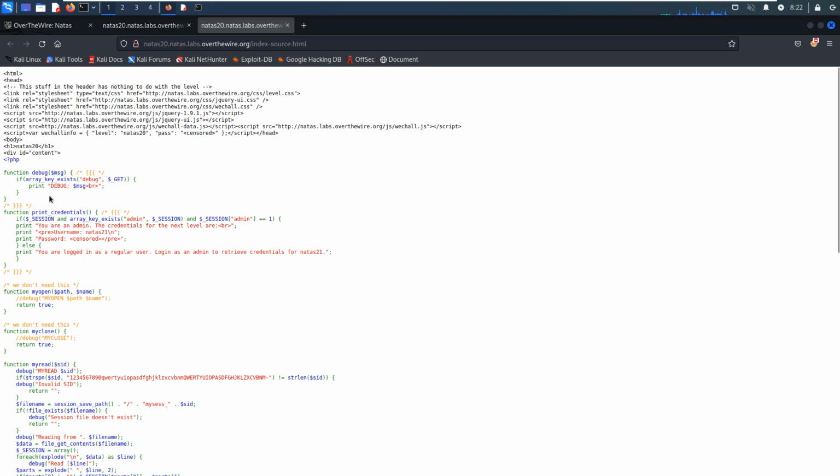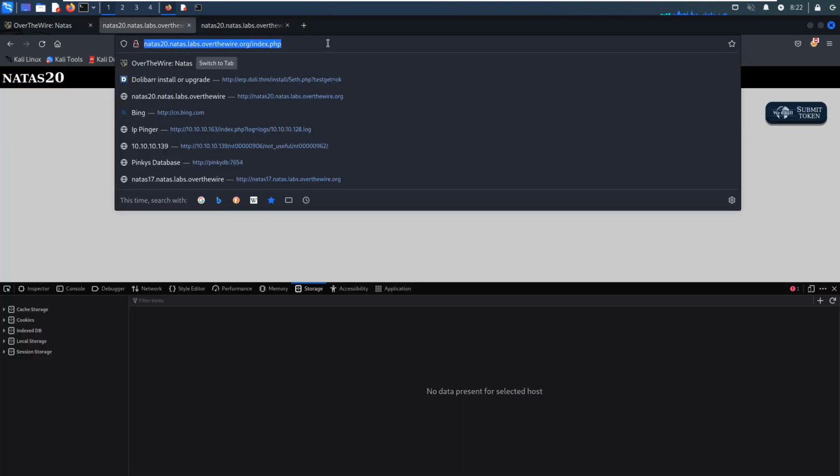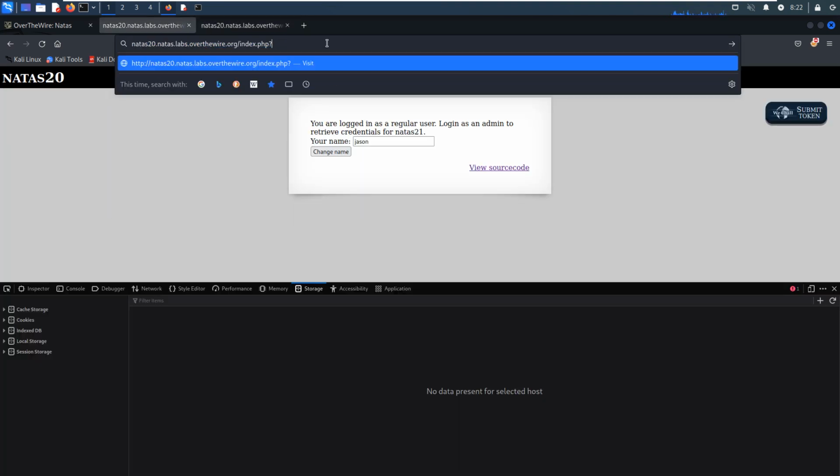Okay. The first part is optional. We can pass the debug parameter, and this should be done by the GET method. So maybe we can do it now. There should be debug=1. Press enter.